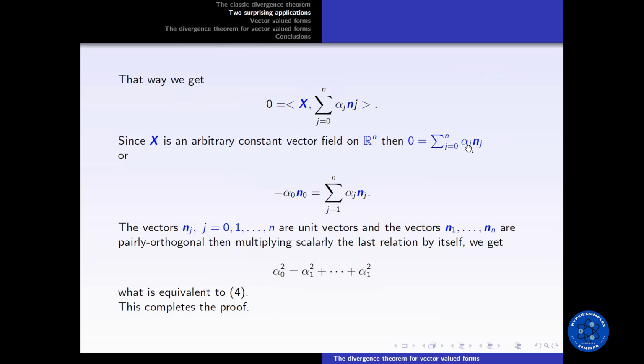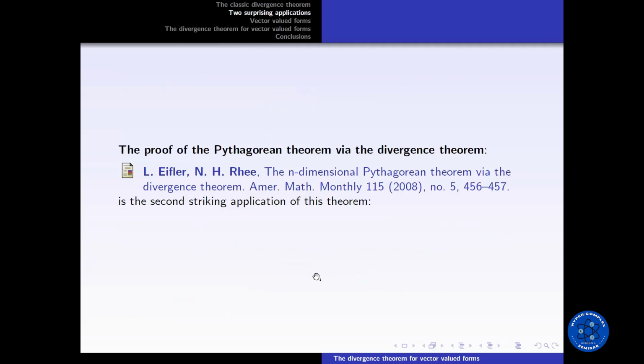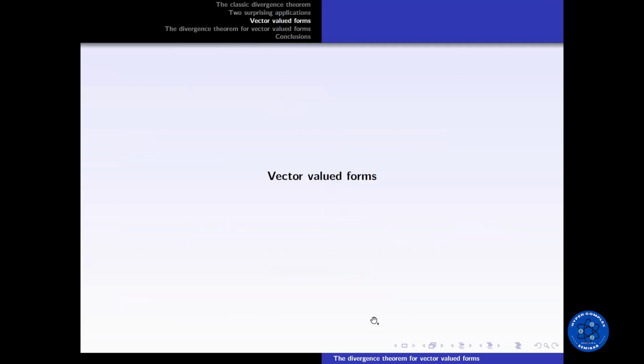Remove one term from this side, the one with index 0, on the left side. So we get this one. And if we multiply this equality by itself, then by orthogonality we get this one, which is exactly the theorem of this shape. Now,